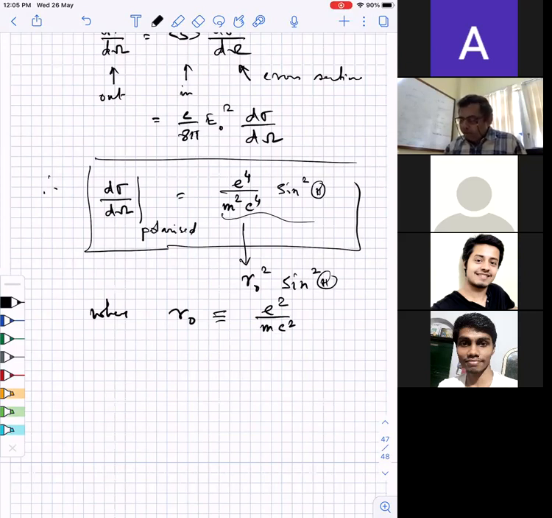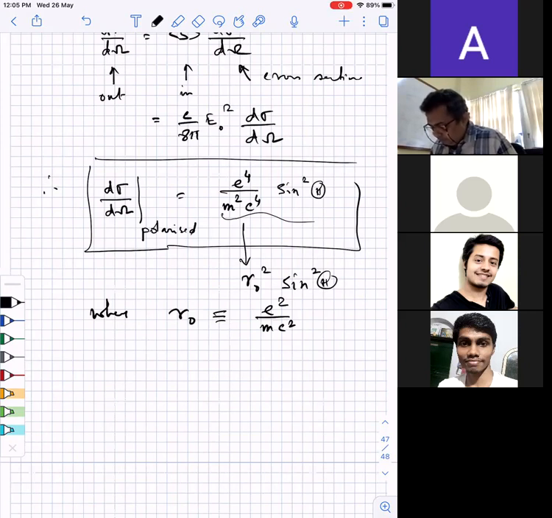Now, why do I define e squared by mc squared as r0? r0, of course, is some length scale. So if I write this slightly differently,